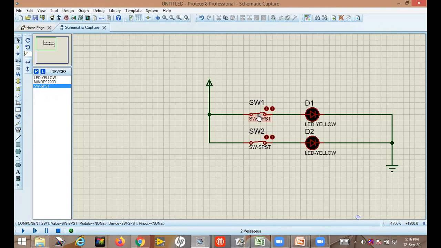So to protect this LED from high voltage, what will we do now? We will take this in series, this is the resistor. You can rotate it and get the appropriate orientation. This is the horizontal orientation I want. Then I will click on the screen, then connect this LED here, the resistor here, then another one here. Now this is the perfect circuit.